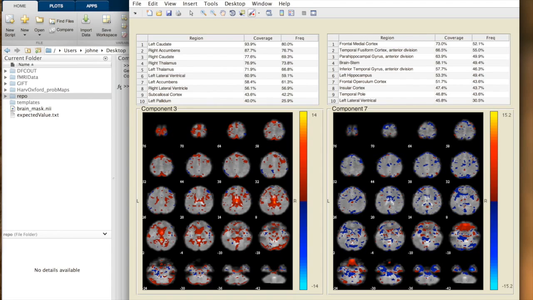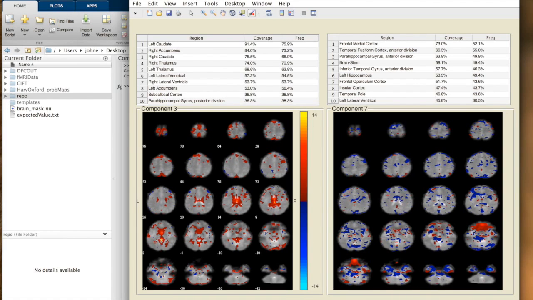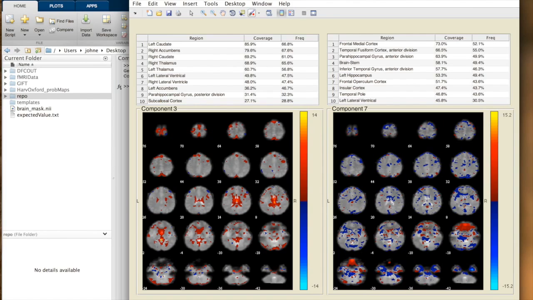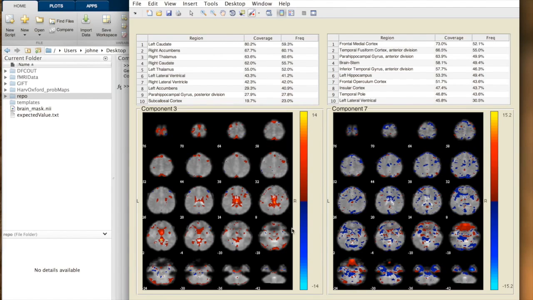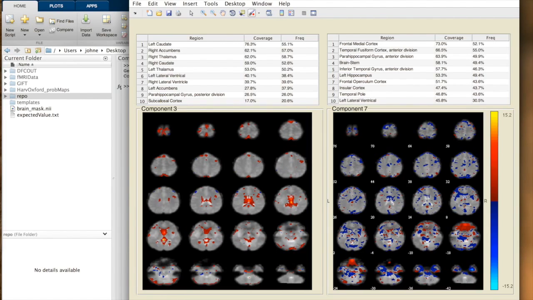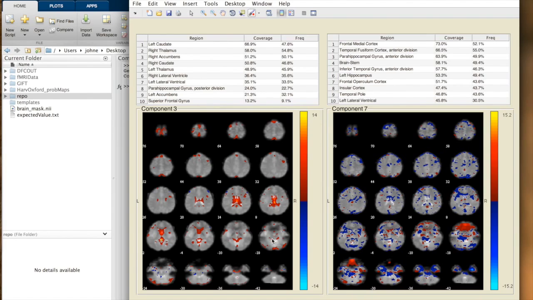But we can increase the z-score cutoff, which means we see even the further extremities of the z-score data. So if we were to increase this, you can see some of these small points go away, because we're getting rid of more of the centered data. We also have here the regions that correspond to these components. So in this case, component 3, this highlighted data here, corresponds to this